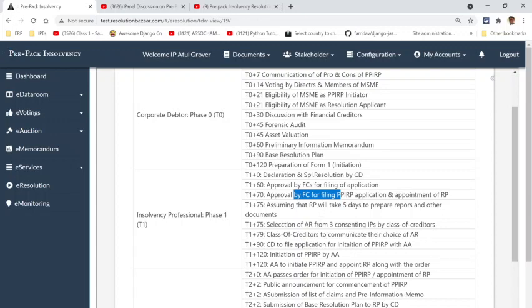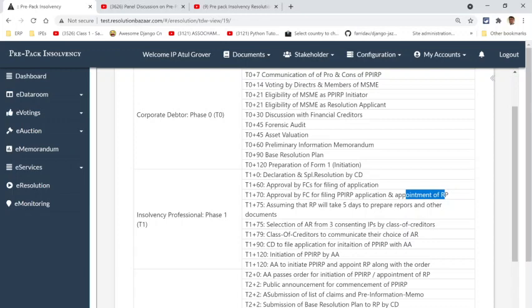Now, the fact that everybody is formally on board and all paperwork is ready, we will get the insolvency professional into the picture. Now, the insolvency professional will be appointed, and certain documents will be exchanged. The resolution insolvency professional will accept the assignment, fees, etc.